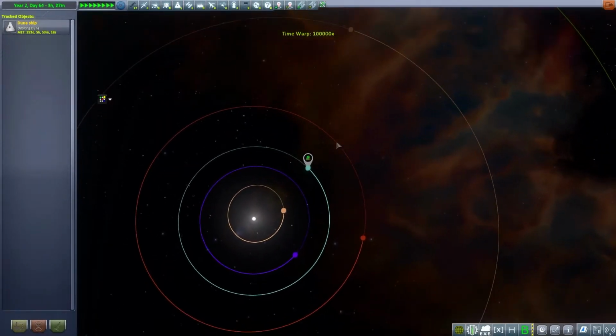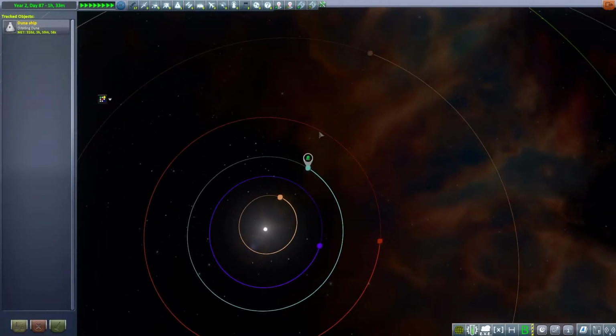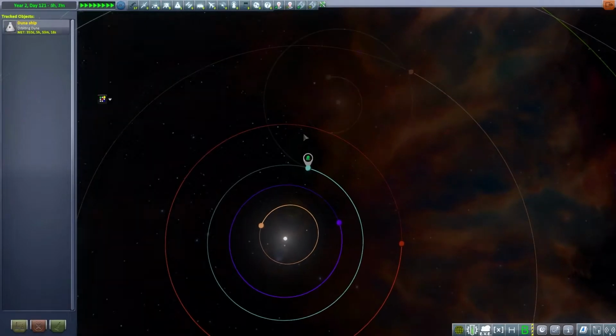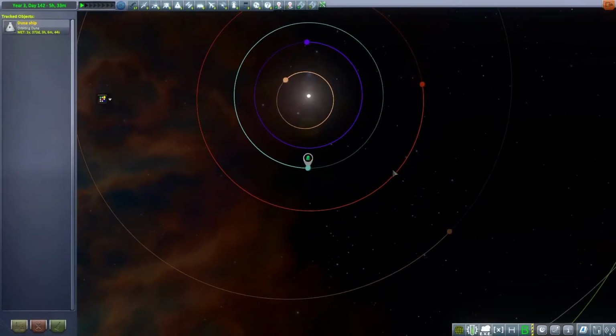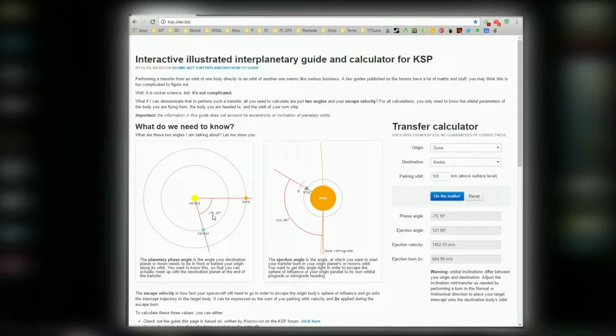So I'm trying to keep Duna at 3 o'clock, so when Kerbin is at 6 o'clock, we can stop. Check our position now. I think that is quite a good position, because that is a little bit more than 90 degrees behind Duna. So I will double check. It was 75 degrees, but I wanted to... Okay, so we want to be